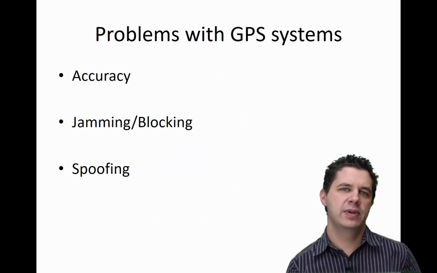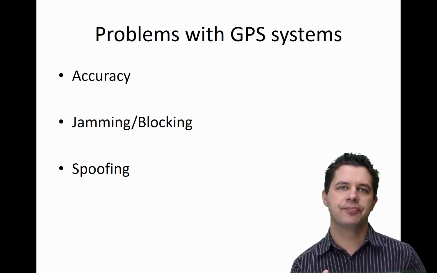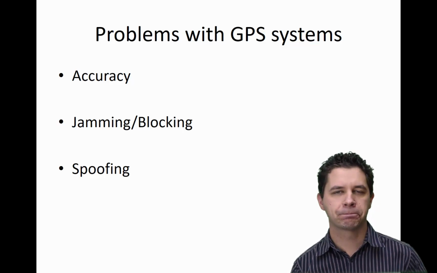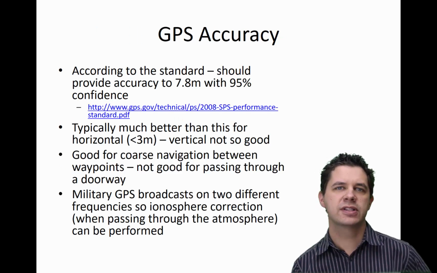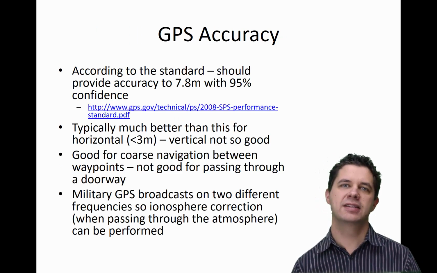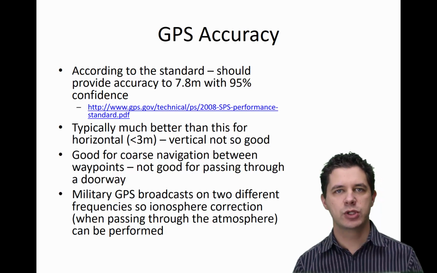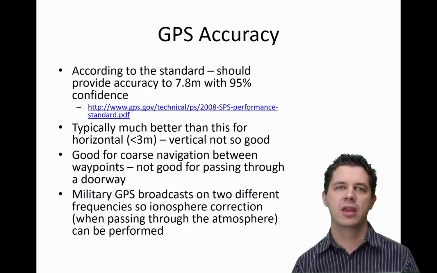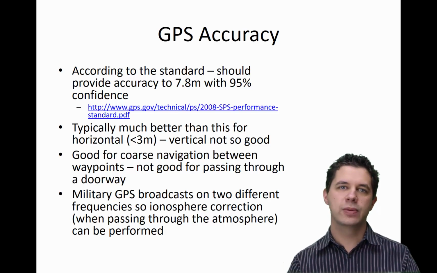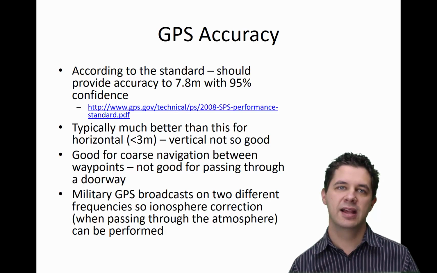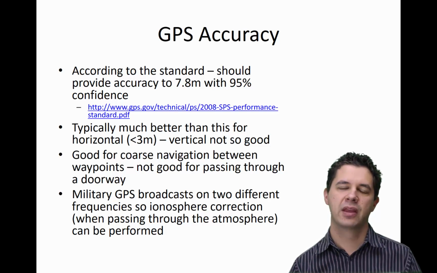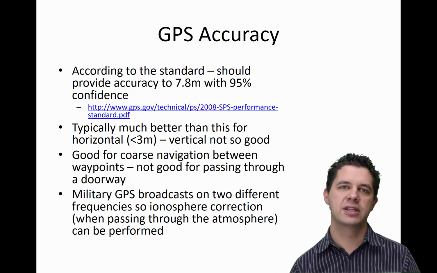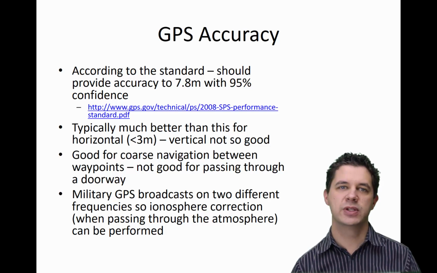Now, there's a few problems with GPS systems, and they're these: the accuracy, the jamming and blocking, and spoofing that's able to occur. So let's cover these. Firstly, accuracy. Having turned off selective availability, the current standard states that we should get 7.8 meters of accuracy with a 95% confidence. Realistically, for a horizontal plane, we get significantly better than this, typically less than 3 meters of error. And vertical is not so great based on how we calculate our satellite positions, and this is pretty good for course navigation between waypoints,